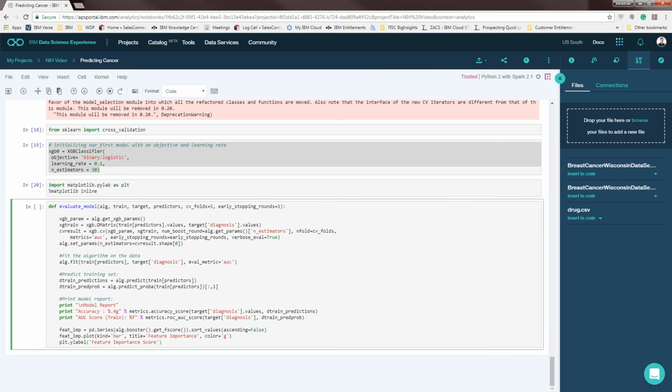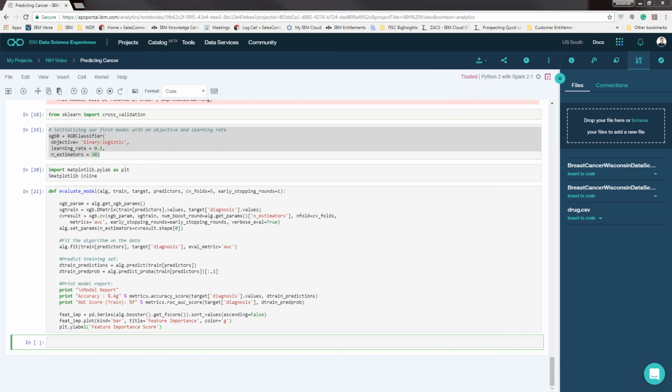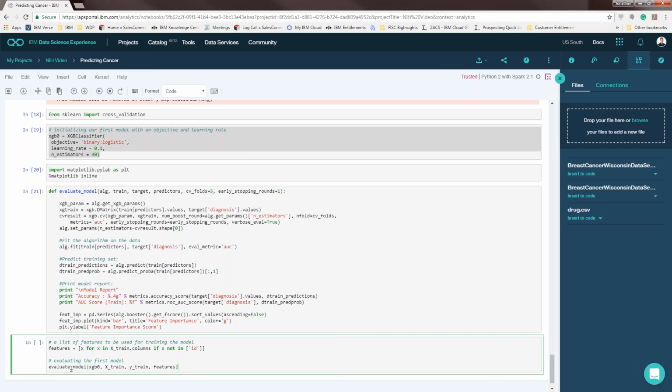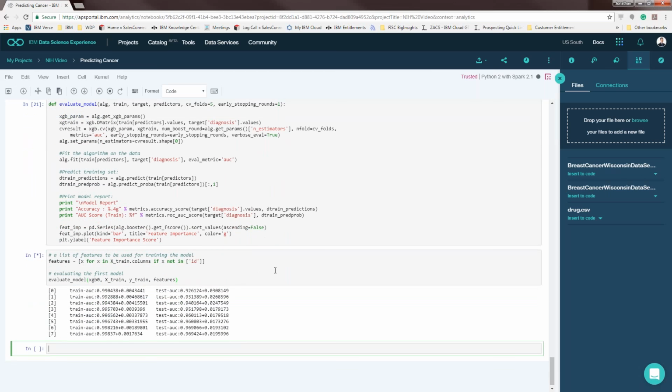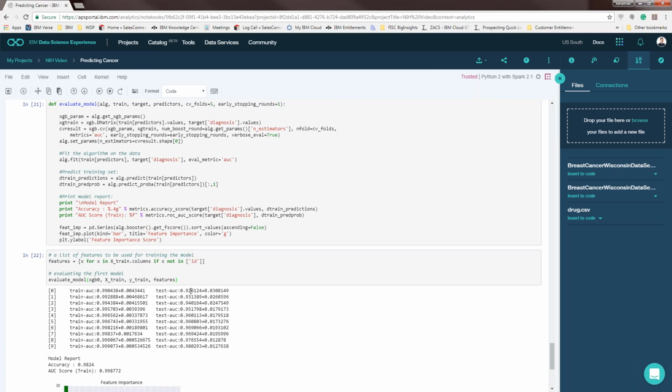So when I run this piece here, you'll see it running in the background, and we'll call the function. So again, don't use ID. Call the function evaluate model. Use the training data. The features are what we've just described, and execute. So you see here it's running again and again, and the area under the curve is going up and up